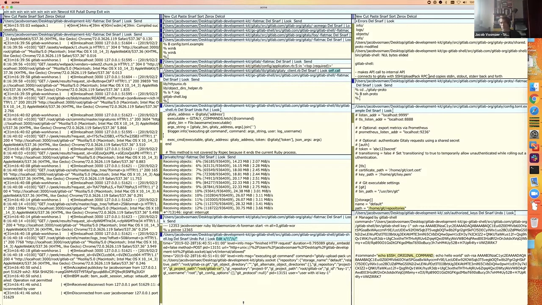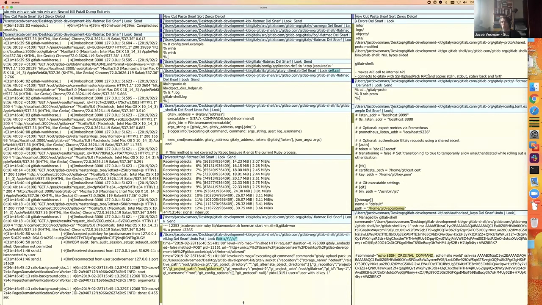But a push is different because with a push we have two different concerns. One is that every time a push succeeds, we want to trigger events in GitLab itself. For example, trigger CI. So GitLab needs to know that some data was just pushed, and that notification doesn't happen at the start of the Git push session, because at that point it might fail. Also, we don't know what was pushed. You only know that at the end. There are hooks in Git where you can get a notification in the form of an executable